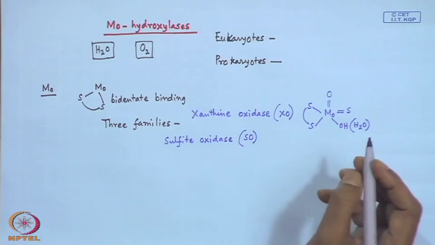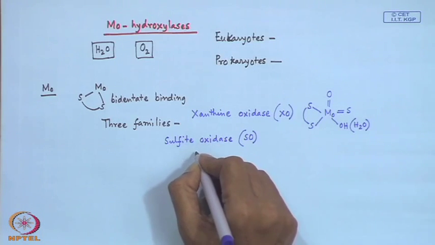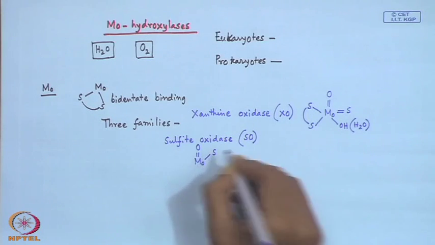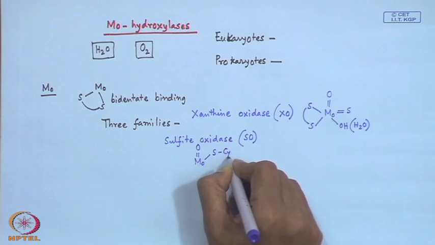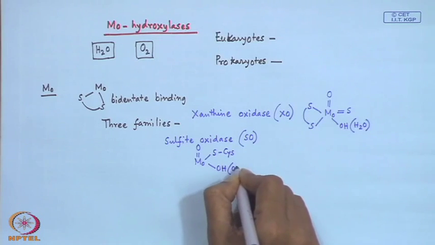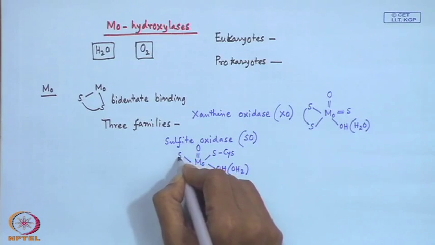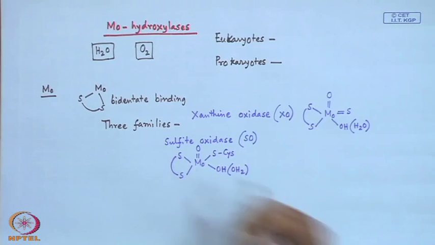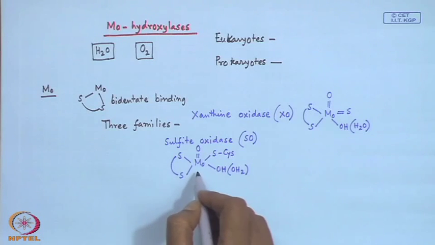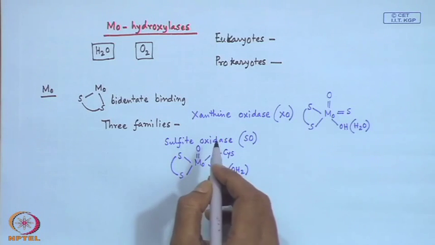which we can abbreviate as SO, and this basically has a molybdenum oxo center, then some sulfur from cysteine sulfur, the other one is OH or water, and obviously the other two are the double sulfur from the pterin unit. So, this pterin unit is always basically fixing the molybdenum to the biological system, and that particular one is very much